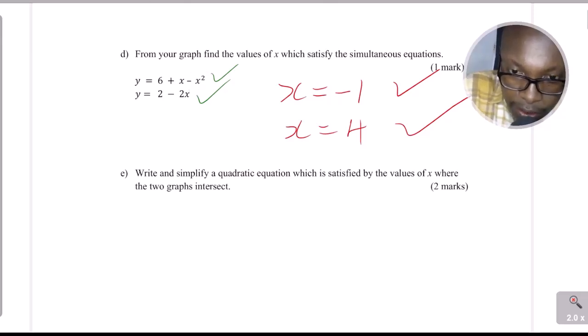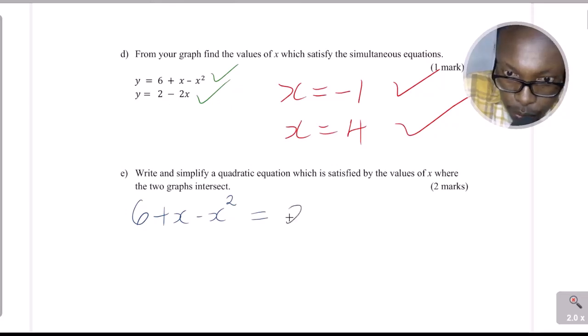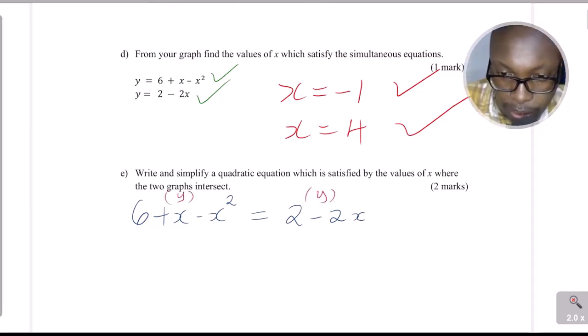Because the y values are the same, the y function there, 6 plus x minus x squared, is equivalent to the second function, 2 subtract 2x. Remember, these are y functions. So equate them like that in order to have one quadratic equation which satisfies the values of x where the